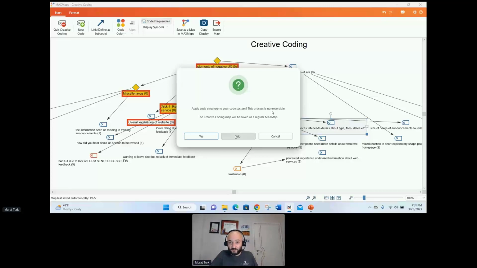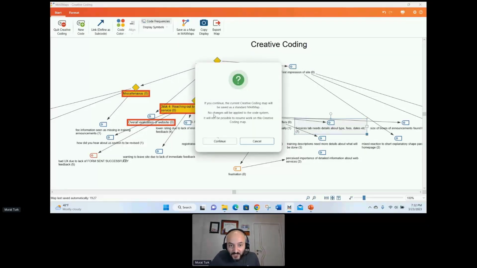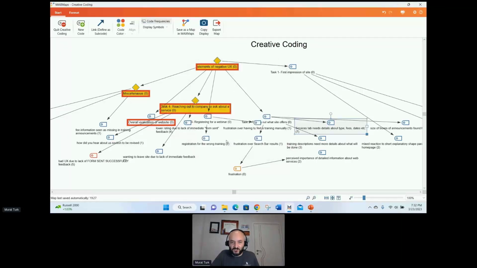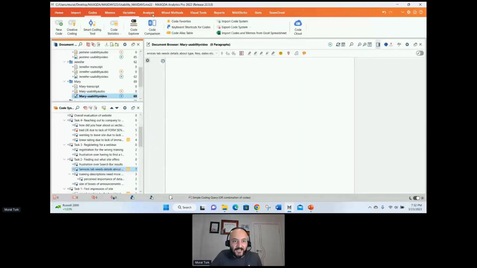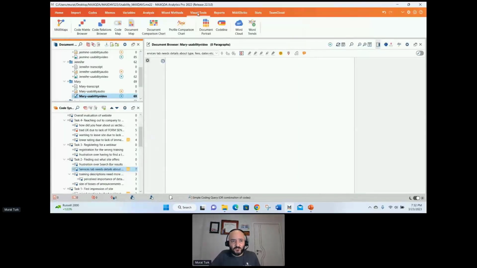If you continue, the current creative coding map will be saved as a standard MAXMap. No changes will be applied to the code system. It will not be possible to resume work on this creative coding map. Yes, I agree, continue. Now when I go to Visual Tools and click on MAXMaps here,